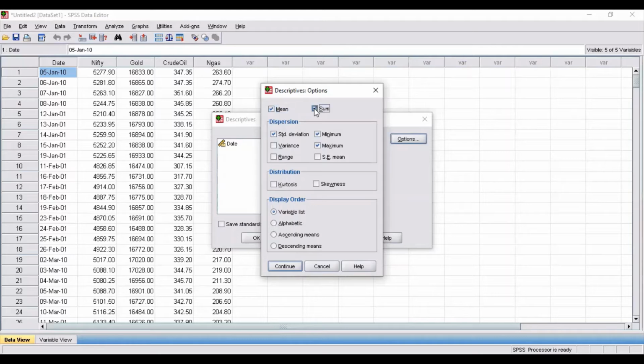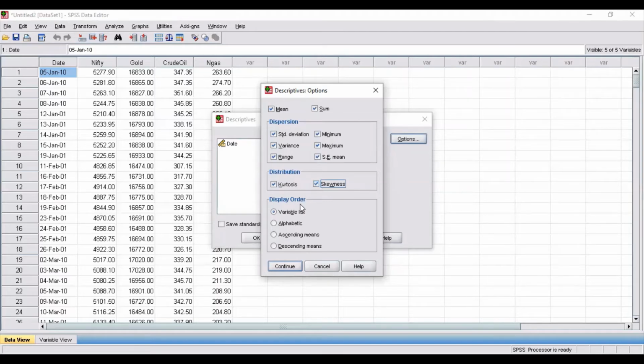Likewise for sum of all the variables, standard deviation, minimum value, maximum value, variance of the variable, their range, standard error mean, kurtosis, skewness. So you can check all those boxes if you want to obtain those particular descriptives.